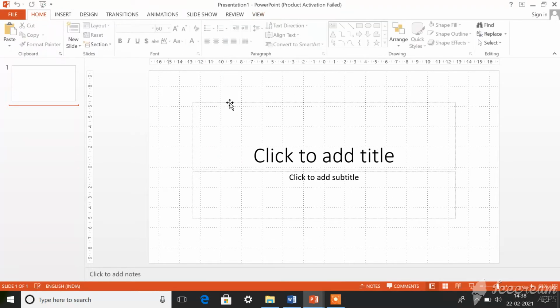Then you also have rulers. Can you see this scale like thing at the right corner and also at the top of the presentation? So these two are called horizontal and vertical rulers. These rulers will be helpful for you to align whatever you create in your presentation. For proper alignment, these rulers will be more helpful. Okay, so these are rulers.